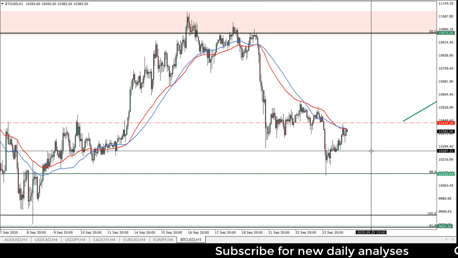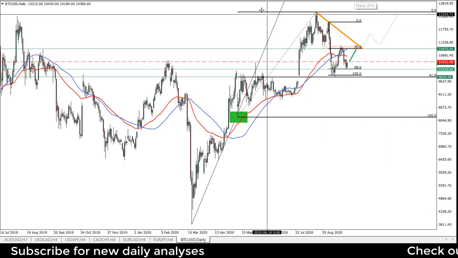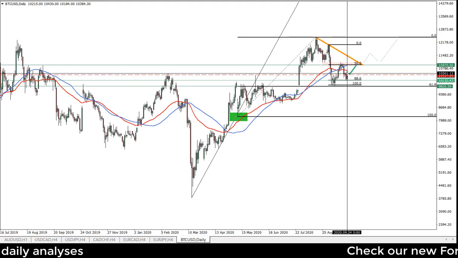So I'm waiting for this breakout, and unless it happens, price is likely to consolidate for the time being. I do believe there could be a possibility for an uptrend. It seems quite interesting. Now in the long term, back to the daily chart, if price will break to the upside,